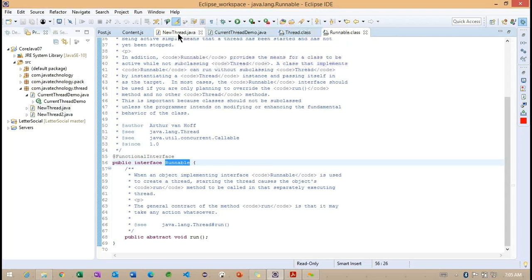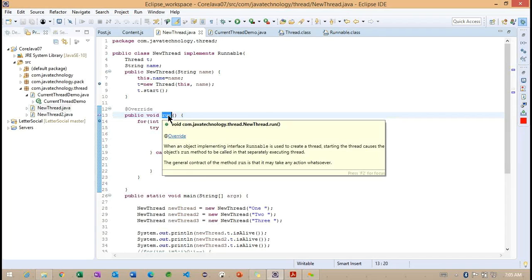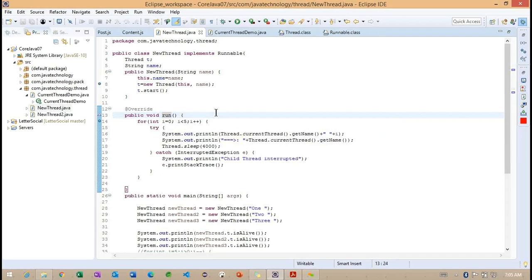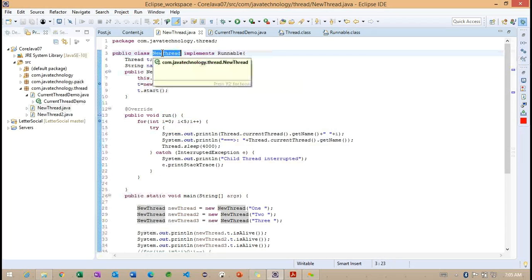So we'll go for the same example here. Whenever we implement this interface called Runnable, we need to override the run method. If you observe carefully what I am doing here, this is the constructor of the new thread.